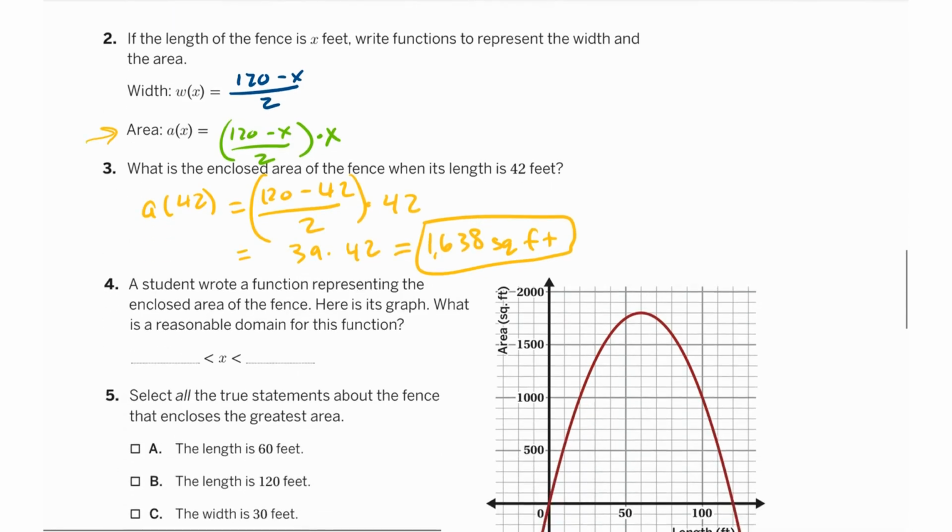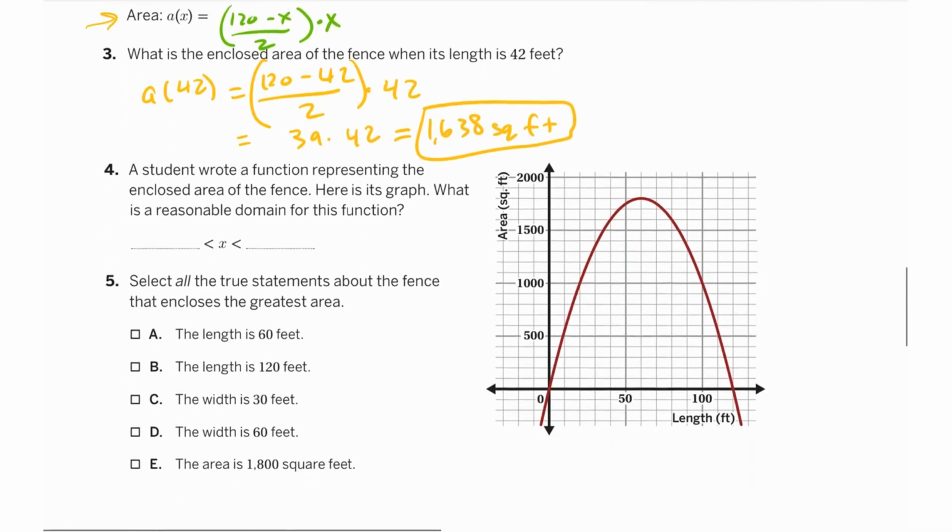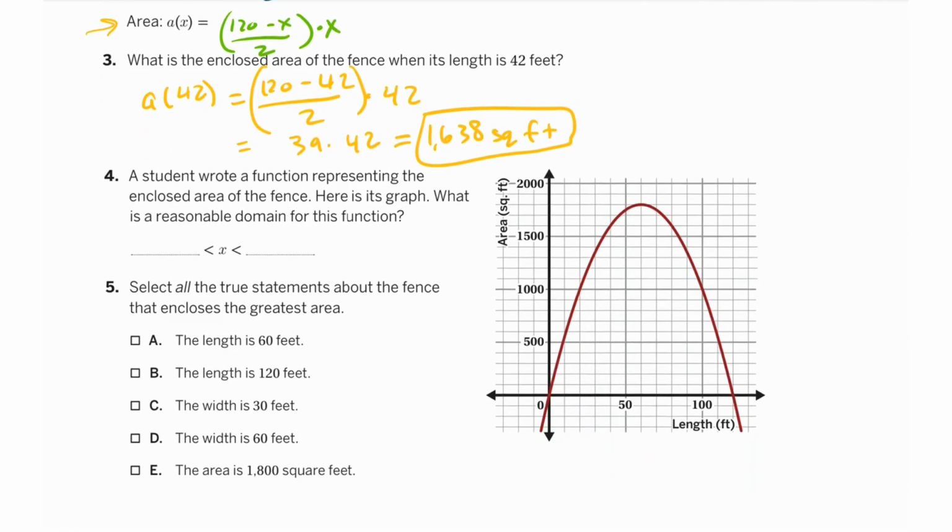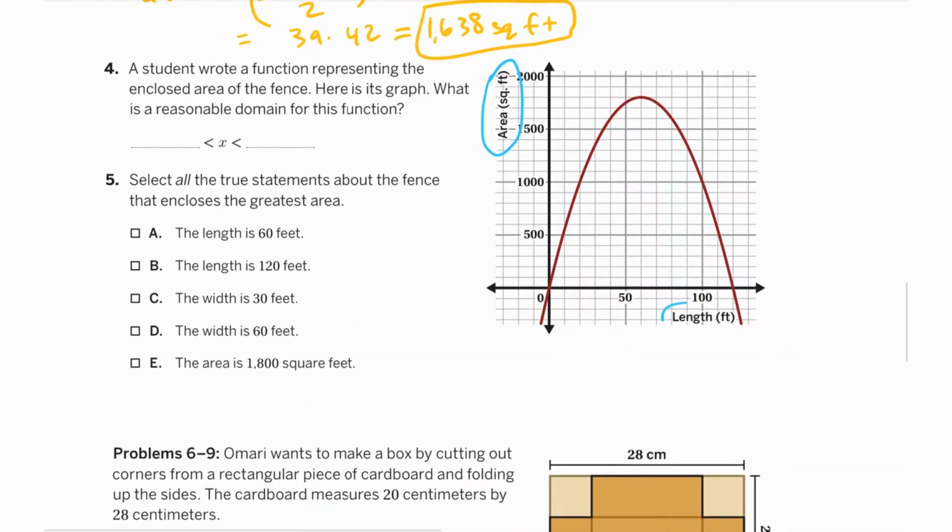A student wrote a function representing the enclosed area of the fence. Here is the graph. What is a reasonable domain for this function? So when we look at this equation, again, my output of this is the area, where we see that my input is the length here. And so when I'm doing this, the domain represents the x value. So what is the possible length of the